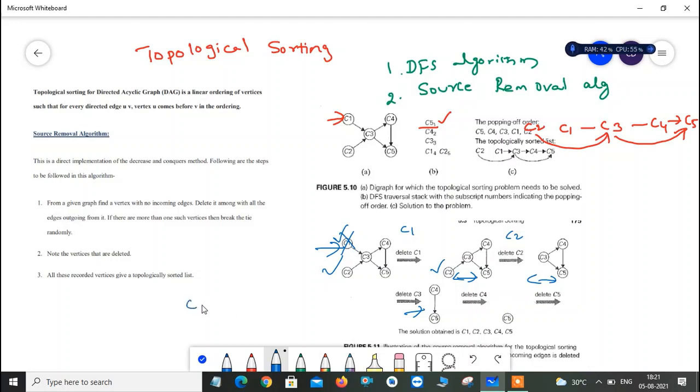So now the order is C1, C2, C3, C4 and C5. And you have to check the topological sorting constraint: before you visit C4 and C5, you have to visit C3. See here. So this is topological sorting in design and analysis of algorithms. So I hope you